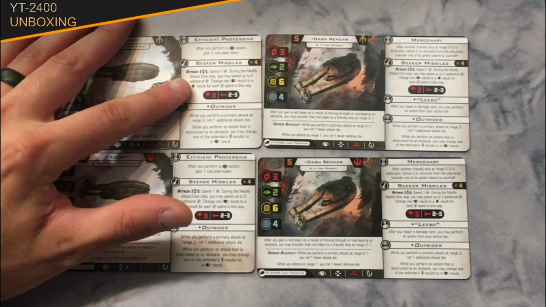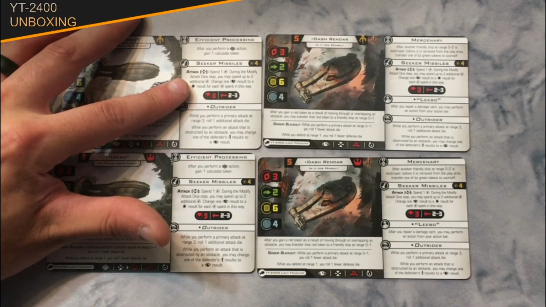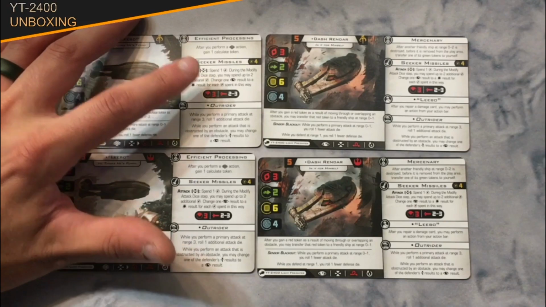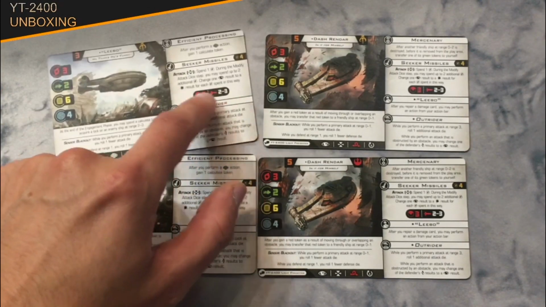You may spend up to 2 additional charges, change 1 focus result to a hit result for each charge spent this way. You're going to have 4 charges. It is range 2 to 3 and 3 attack dice. So that's going to mean you may not have to spend those calculates during that attack phase, and that'll buy